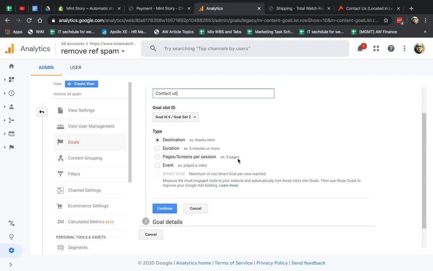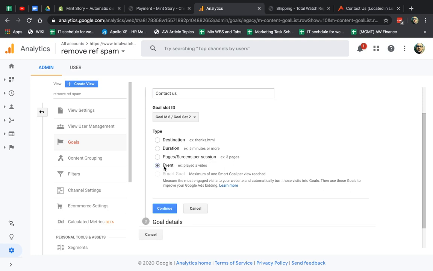Either someone visited a certain page, for example, the thank you page after they fill out the form, or I had a certain article that I really wanted them to read. So I'll go ahead and put the URL of that page. If a customer gets there, my goal is triggered. I know someone achieved that goal. Or the duration, right? How long did someone spend on the website? If they spend more than 10 minutes reading my articles, I consider that as a business goal. Or they viewed a certain amount of pages, right? For example, they've visited at least 20 pages during their session, during their actual visit.